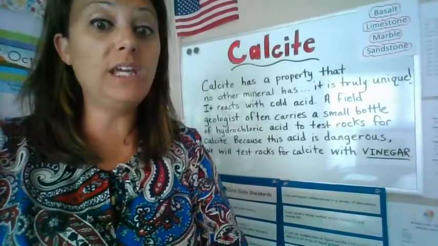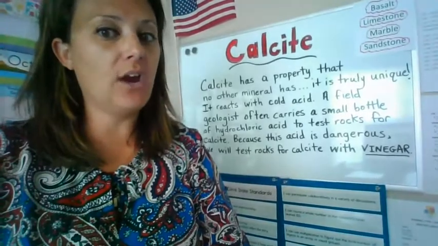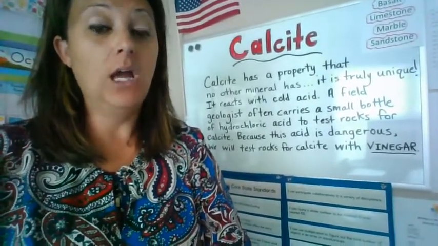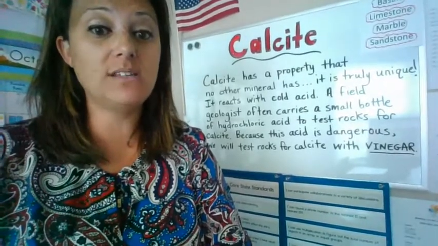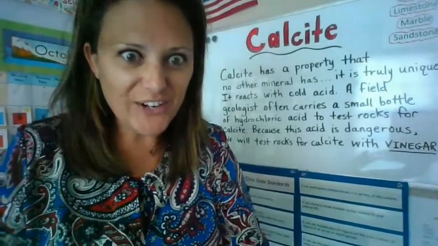Calcite has a property that no other mineral has. It's truly unique. It reacts with cold acid. A field geologist often carries a small bottle of hydrochloric acid to test rocks for calcite. Because this acid is dangerous, we will test rocks for calcite with vinegar. Let's see what